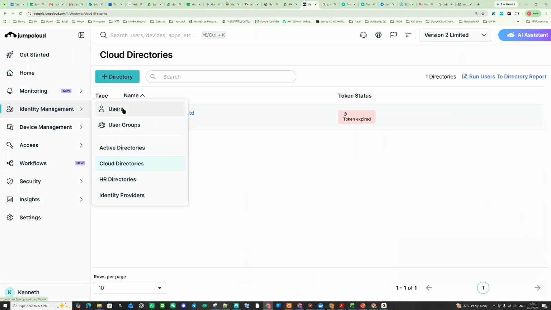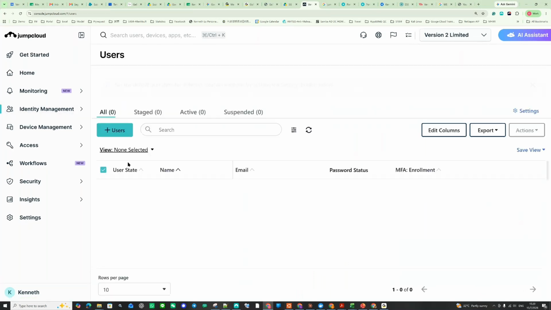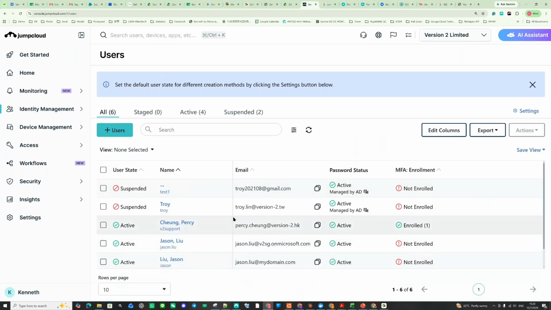After that, you can see some users will be synchronized, and maybe there will be some local users, like this is a local user and this is synchronized from AD, then some maybe from Microsoft Entra ID. So you see how many are active, how many suspended. So you can have a unified place to see all of your sources of credentials, and then those credentials you can assign a policy, and you assign them to different devices. So this is the identity part.